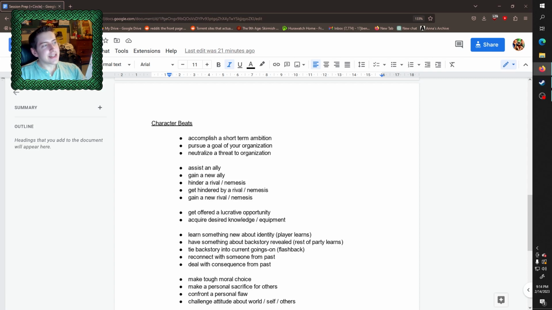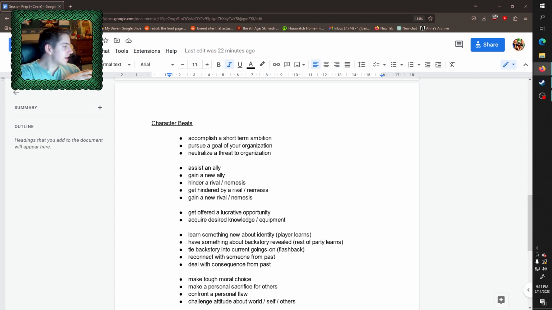So these encounters, these character moments, my intention is to design them in such a way that they could conceivably be inserted into anything. They could just be random encounters you find on the road, or stuff that goes on in the city or the town they're currently in, things in my projected dungeon session prep line-up.